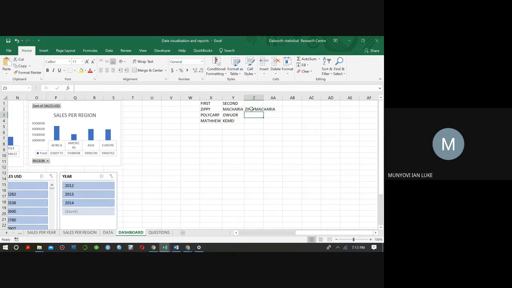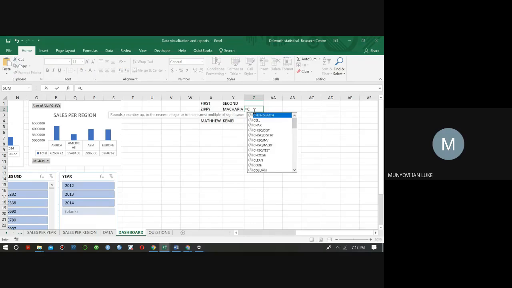But maybe I don't want Zippy, Macharia to come stuck together. I want maybe to have a space in between. So if you want to have a space in between, instead of just having text 1 and text 2 combined, you can just say equal sign, concat, and then this is my first text, Zippy. And then before I go to my next text, I'll put speech marks. I open the speech mark and then dash, and then close the speech mark. Inside the dash,